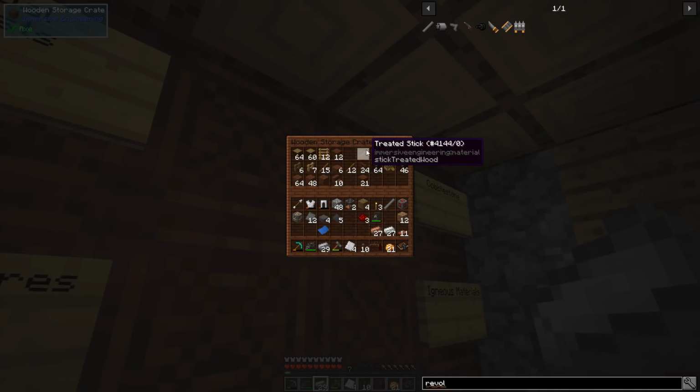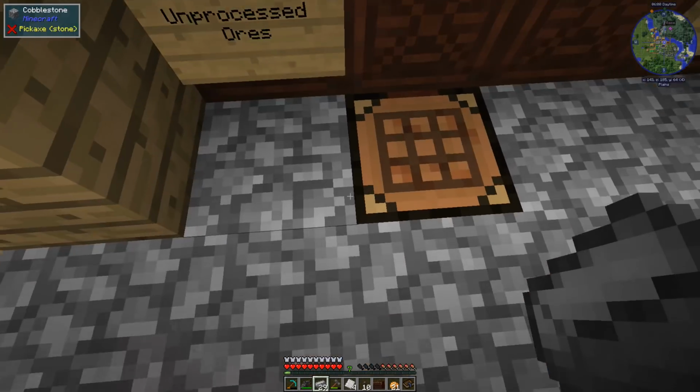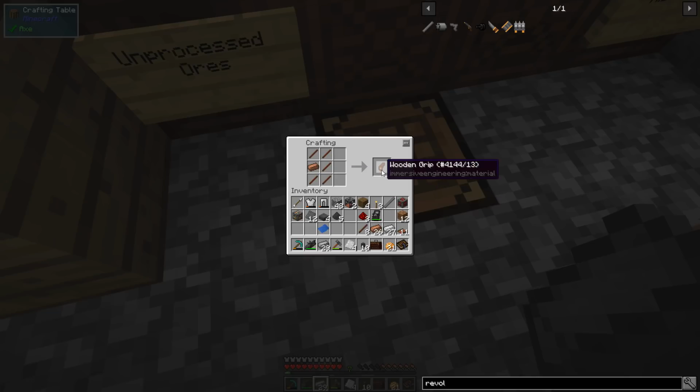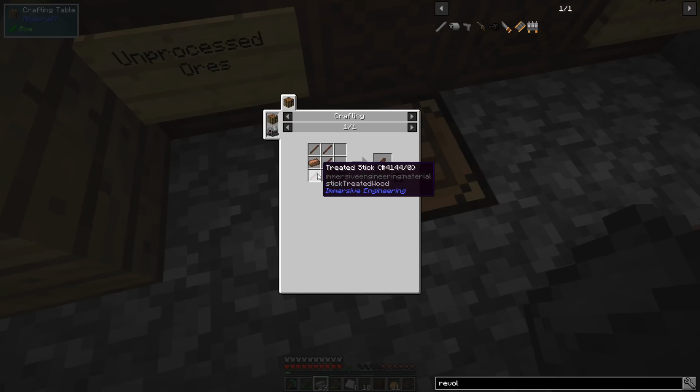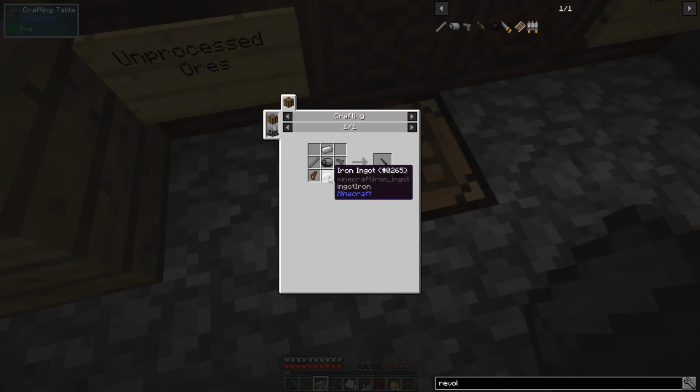So let's get ourselves this stick here. And let's get 1, 2, 3, 4, 5, 6. Let's make a bunch of sticks. We might need more of these down the way. All right, so we need to make a grip. 2 grips, actually. So let's make one. Oh, we got to make another one. Okay, there's our 2 grips. And then we need to make a